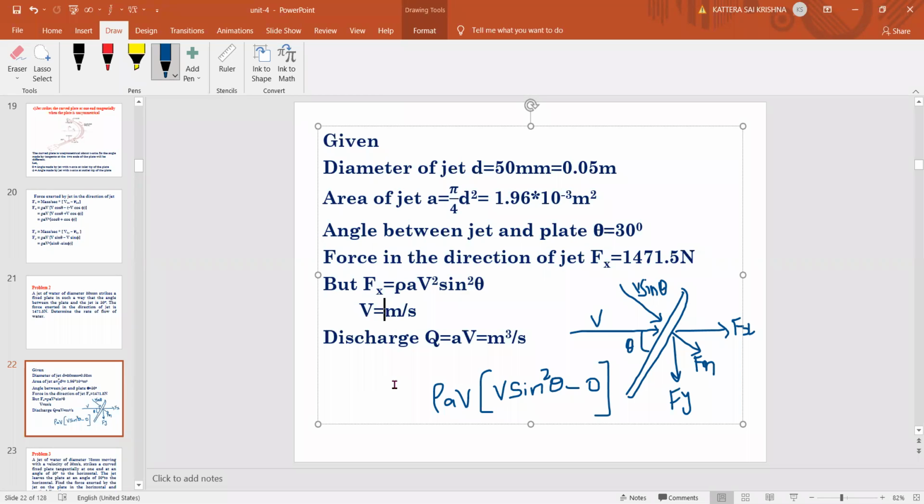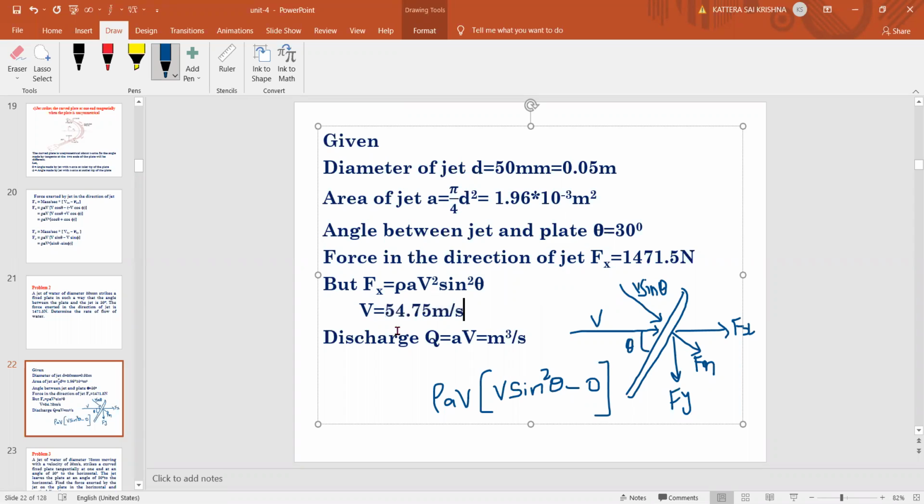Yes, tell me the velocity value here. Yes, calculate velocity from this. 54.75. 0.75 meters per second. So now we got the velocity of the jet by using the force in the direction